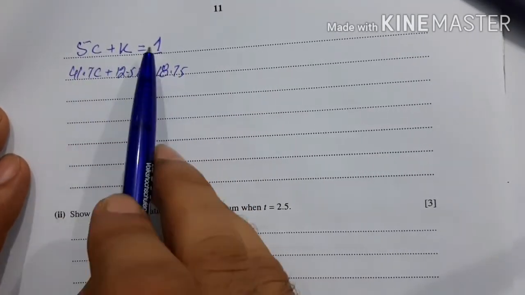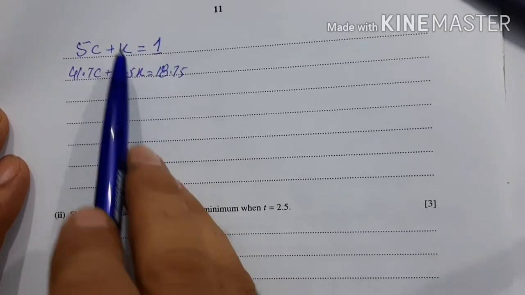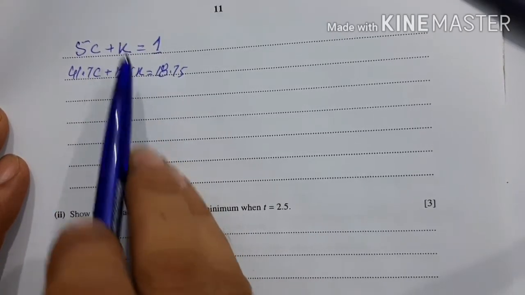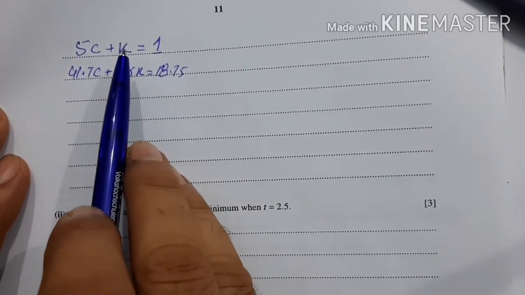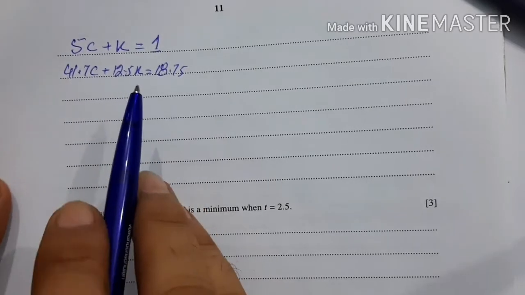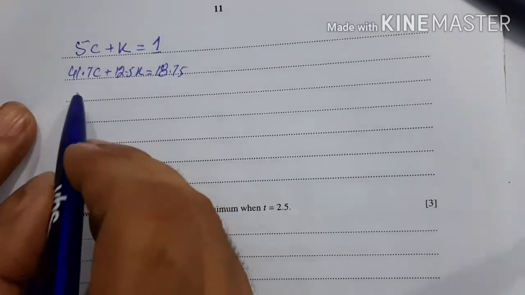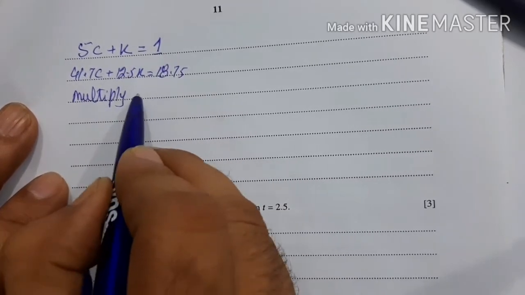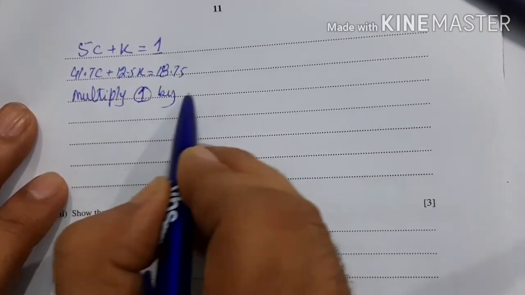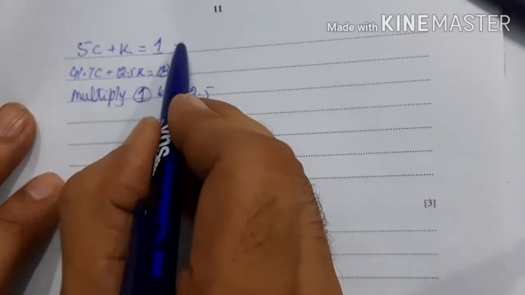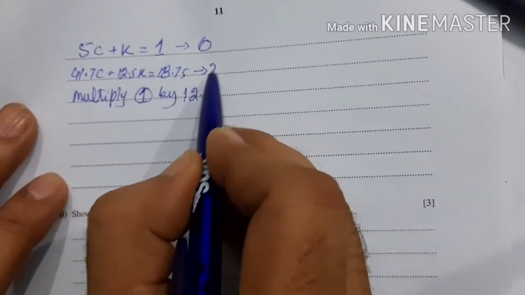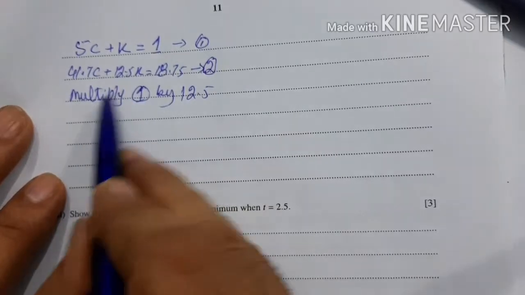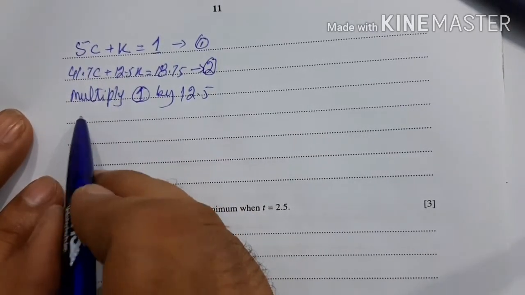If I multiply the first with 12.5, I'll be able to equalize the k values, so they can be cancelled. So multiply 1 by 12.5. This is 1, this is 2. So this will be